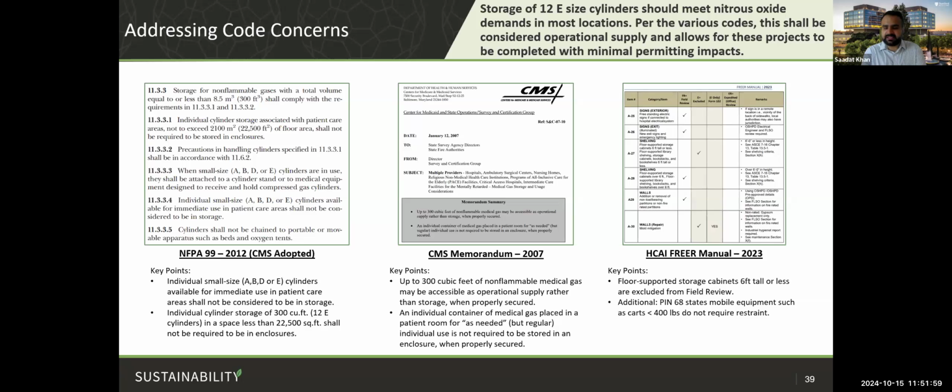In addition, there's a CMS memorandum from 2007 that reiterates the same point, that says that any non-flammable medical gas in clinical settings is considered operational supply. And then a more California-specific code, you can refer to the HCI FREER manual from 2023 that provides recommendations on how to store nitrous oxide in medical gas storage rooms, or if you're using a storage room outside of that